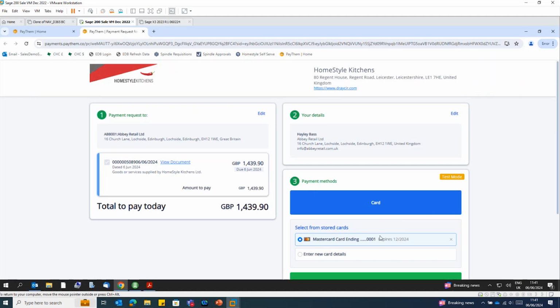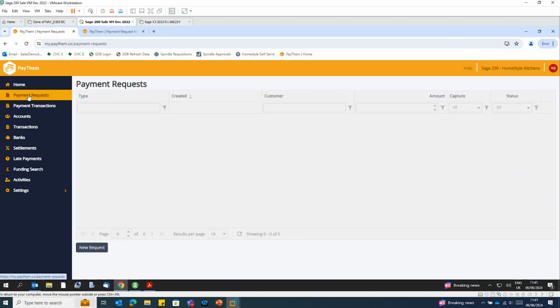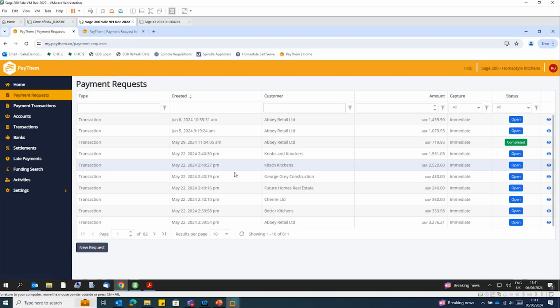Now I can make payment against that, and it will update the details in the Pay Them portal, which, as Darren said, is our newest feature. Now this is the Pay Them portal which you would use internally. Not going to go through all of these options this morning, but again, if you want to have a one-to-one conversation, we can do, and Darren will arrange that. But I can see all of those payment requests, and again, if I just click into the payment request, there's that request for payment for